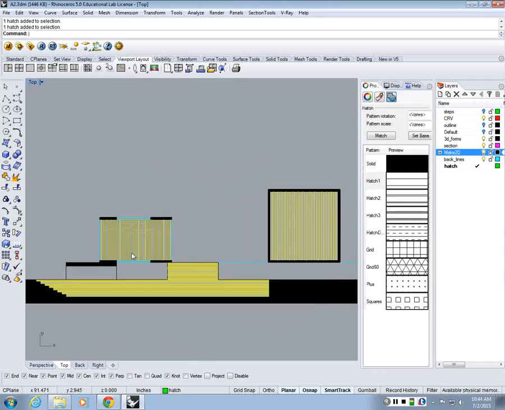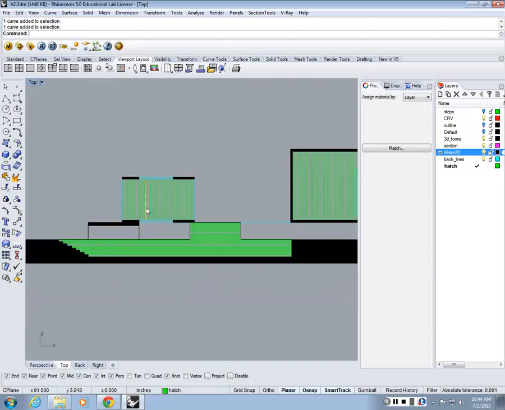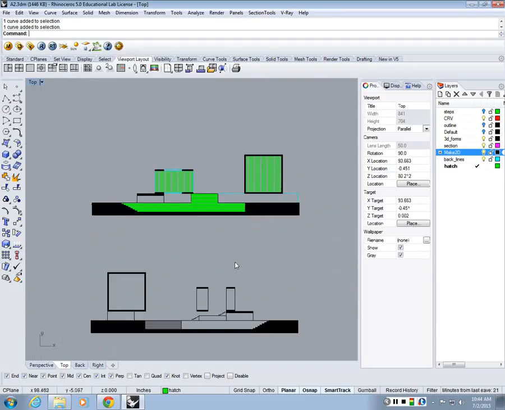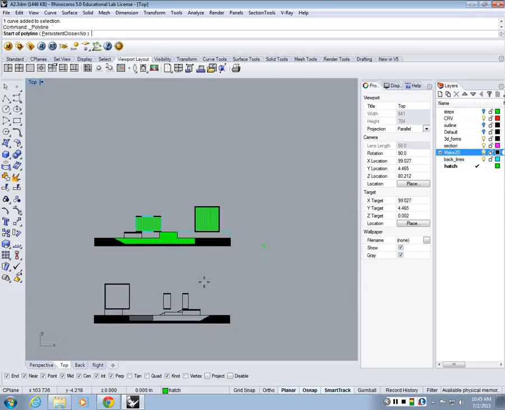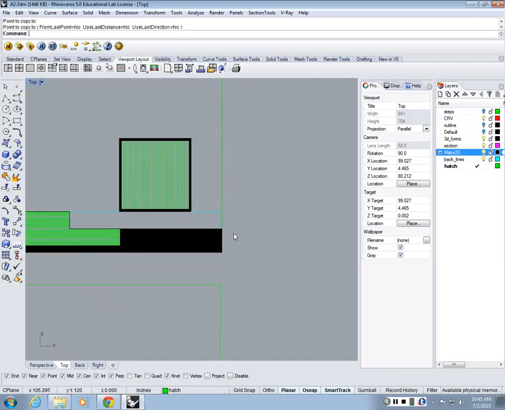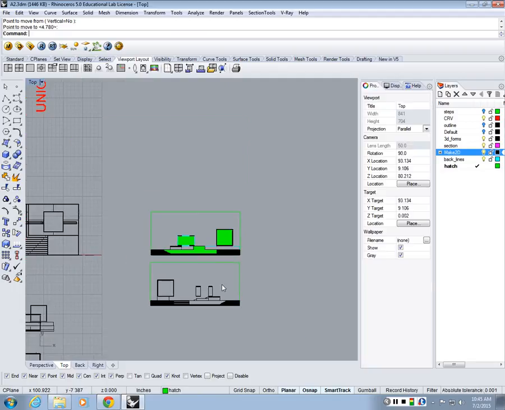Choose these hatches and type in explode so that they become individual lines. And that's basically it. This is basically what I'm going to bring into Illustrator to use. And if you want to make sure that they're going to fit onto your sheet sizes, you can draw an 11 by 23 rectangle around them to use. So this guy would go here, right? So I have two drawings,